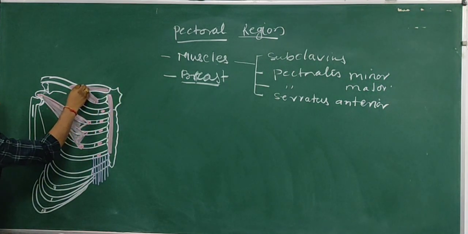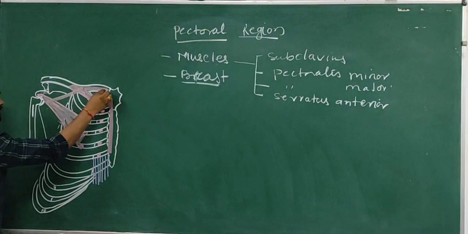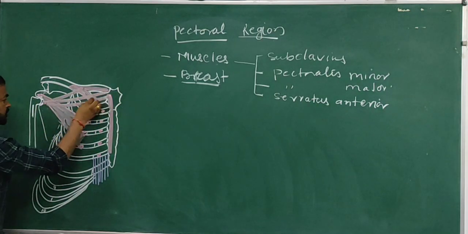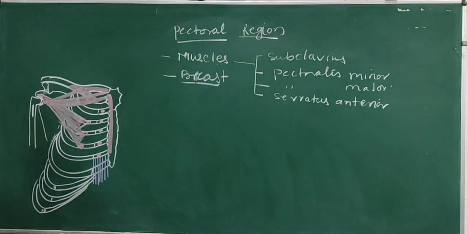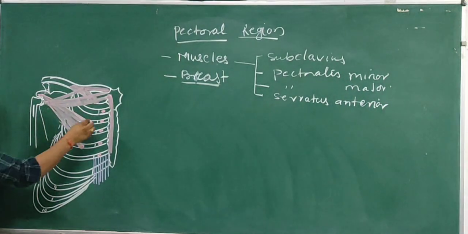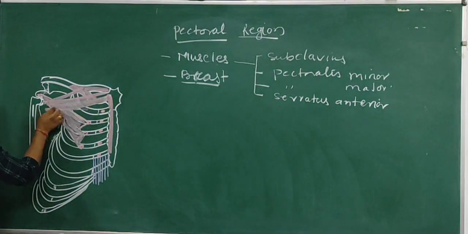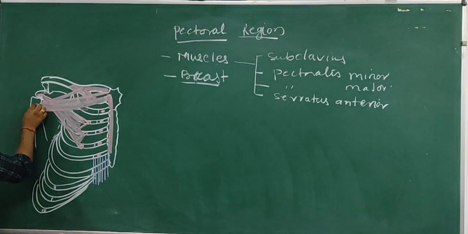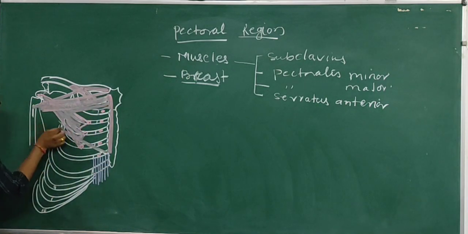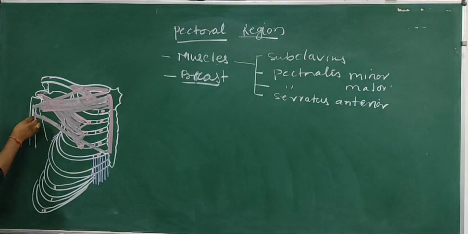This is the clavicular head, and this is the costal head. Okay. So these two heads inferiorly joined to form a single head. So this is known as the bilaminar tendon. Okay. This is the bilaminar tendon. So the clavicular head is also known as the anterior head, and the sternocostal head is also known as the posterior head. Okay. And the insertion is the lateral lip of the intertubercular sulcus.